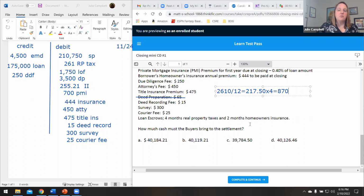They also want to collect 2 months of property insurance. And again, we look up in the problem, we're reminded our annual homeowner's insurance is $444. If I want to take annual and break it down to monthly, I divide by 12. The problem tells us they want how much for our escrow account? They want to collect how much? 2 months. So our monthly is 37 times 2 months,